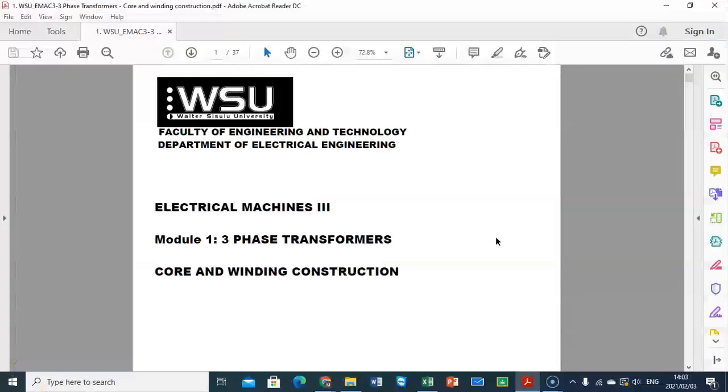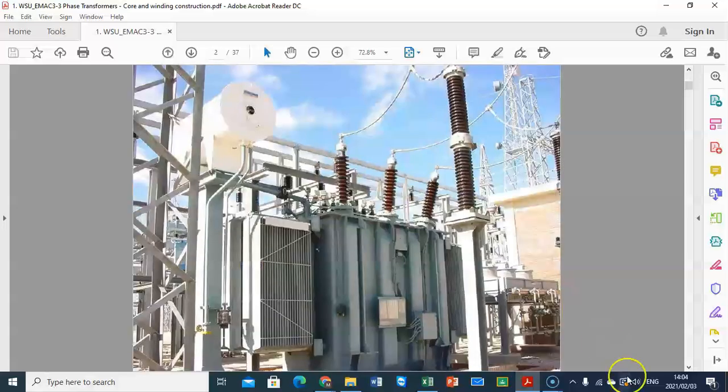The first chapter that we are going to cover is 3-phase transformers. I have sent you the study guide, the textbook, and also the modules or the notes already. So 3-phase transformers consists of 7 modules, and today I'm going to cover the first module, which is 3-phase transformers, core and winding construction. So here you can see the picture of a 3-phase transformer, and as you see here